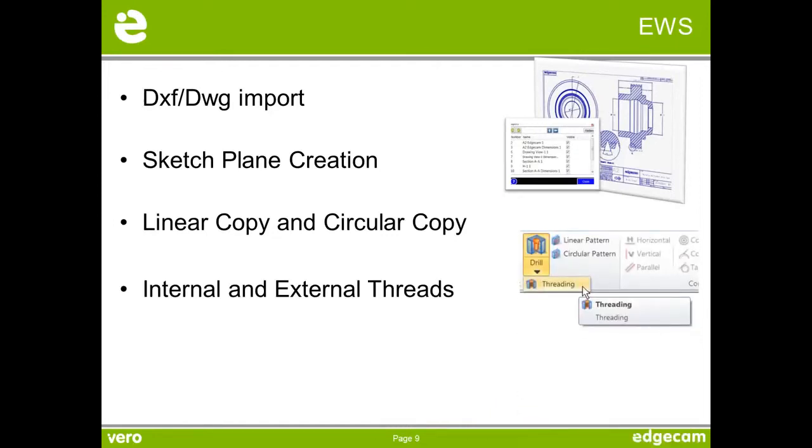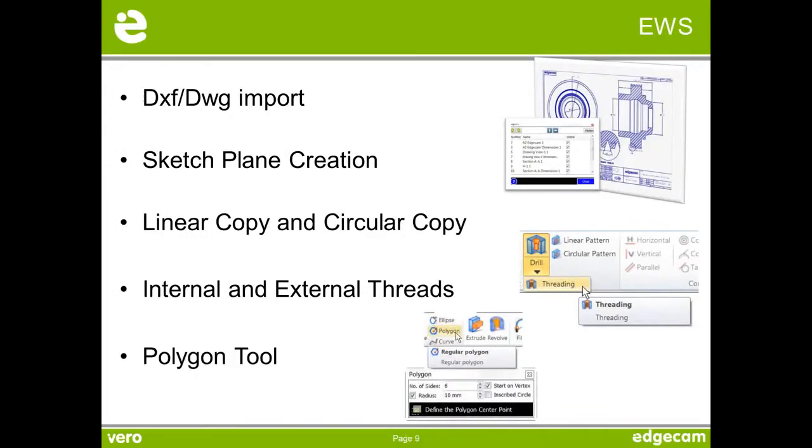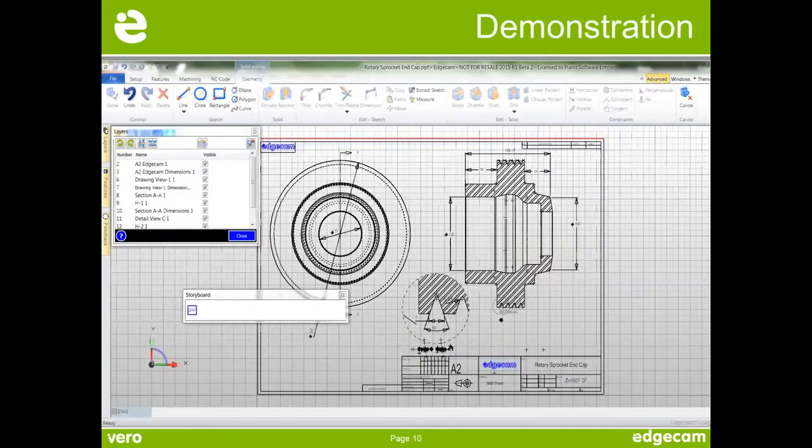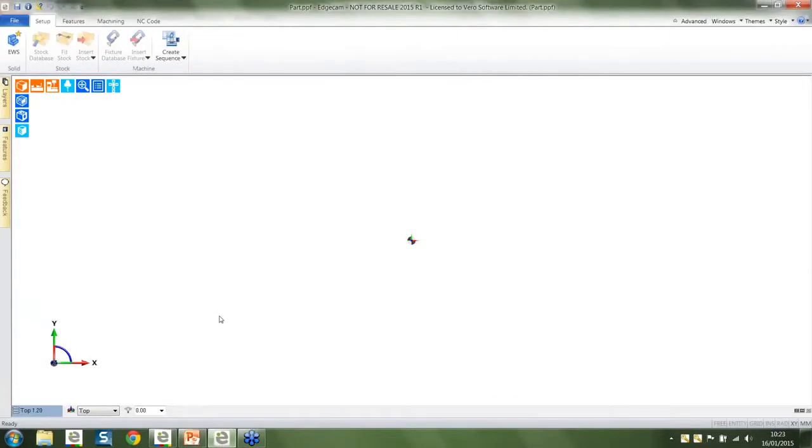Internal and external threads have been added, again very, very important for feature finding. If you have created a diameter, you want to say that's a tap tool or that's an external thread for turning, that's now possible inside EWS. And lastly, a little extra command inside sketching, the ability to just sketch out a polygon. So we've had obviously circles and rectangles. It's just another quick shape command to create a sketch. So there are a couple of other items inside EWS, but let's just go and have a look at this